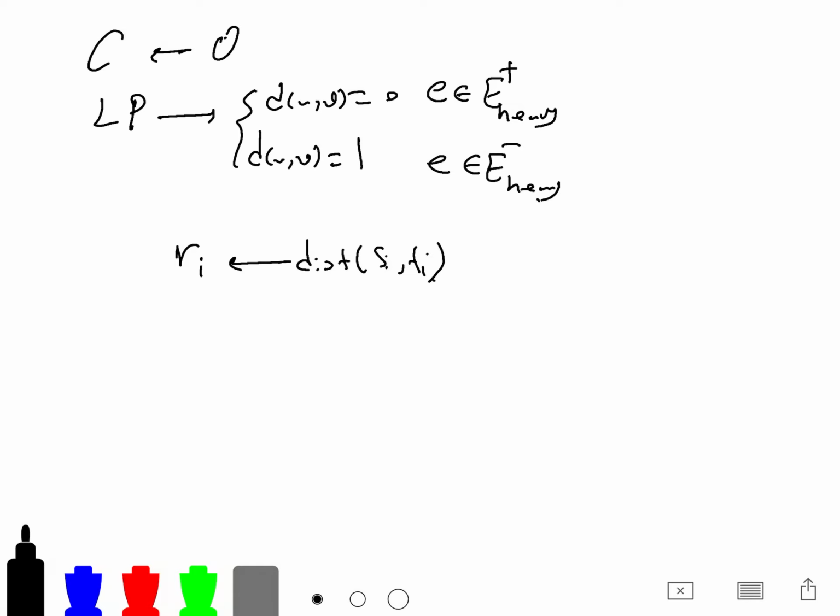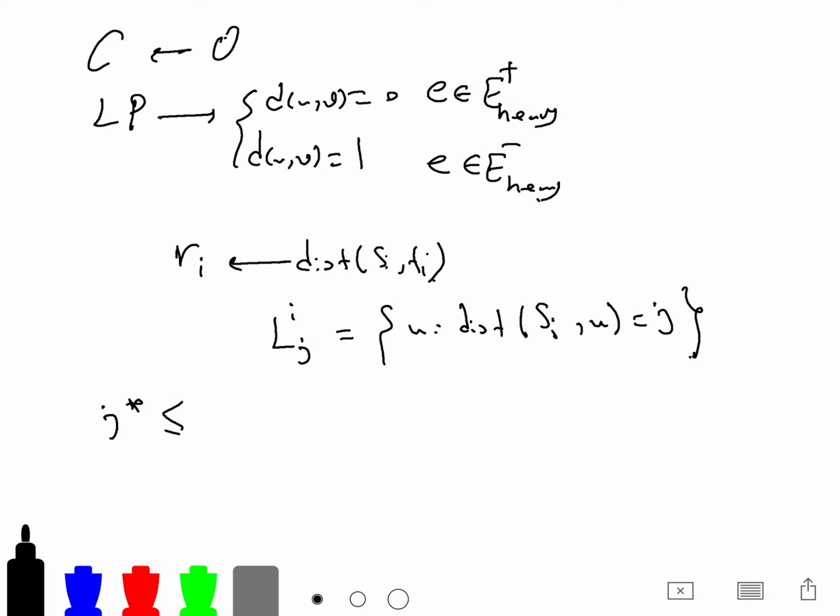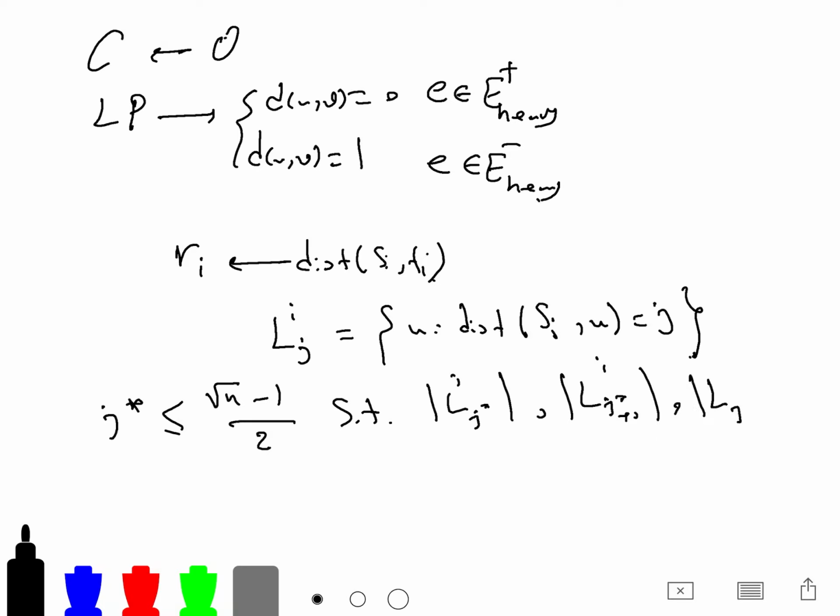you take the distance between SI and TI, and you define some L here. Lij is important: it is all the U such that the distance between the SI that I said and U is J. So, for example, we choose J star less than root of n minus 1 over 2, such that L of J star I and L of J plus 1 star I and L of J star